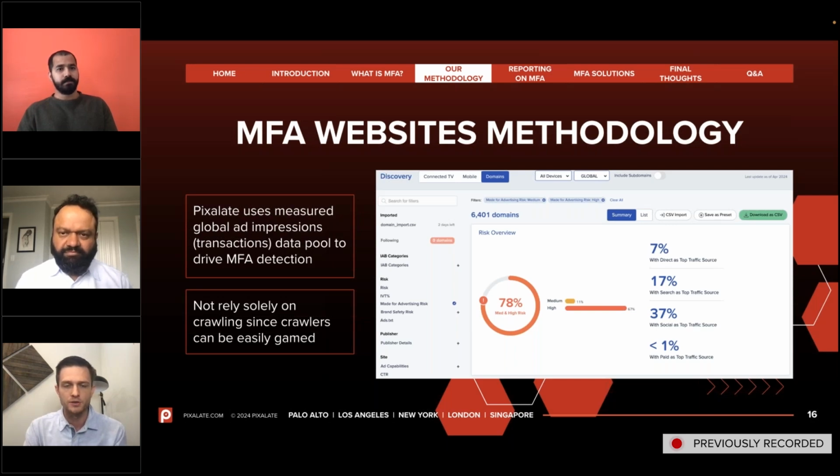This view is looking at 6,400 specific domains that were flagged as either medium risk or high risk, and you get different data points about each one of those domains. So you can really double click into the data and analyze on a line item basis to see which domains are being flagged and which risk level they carry.